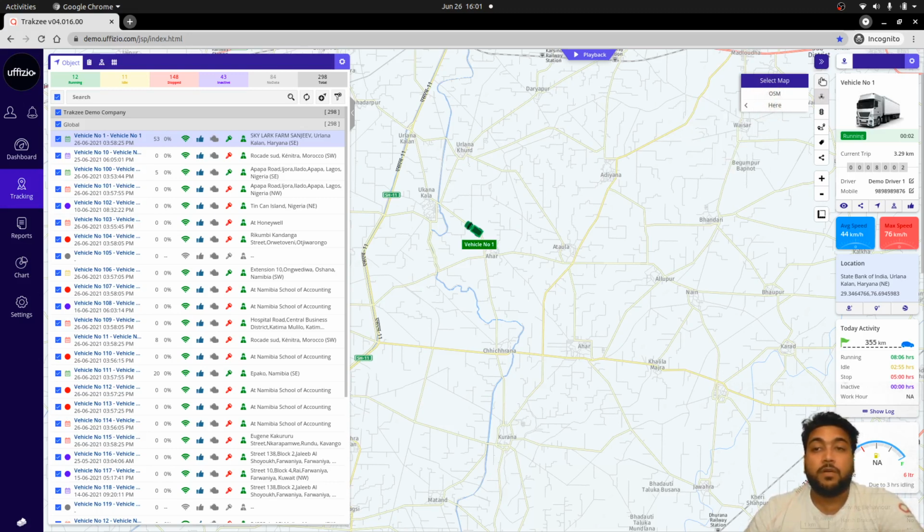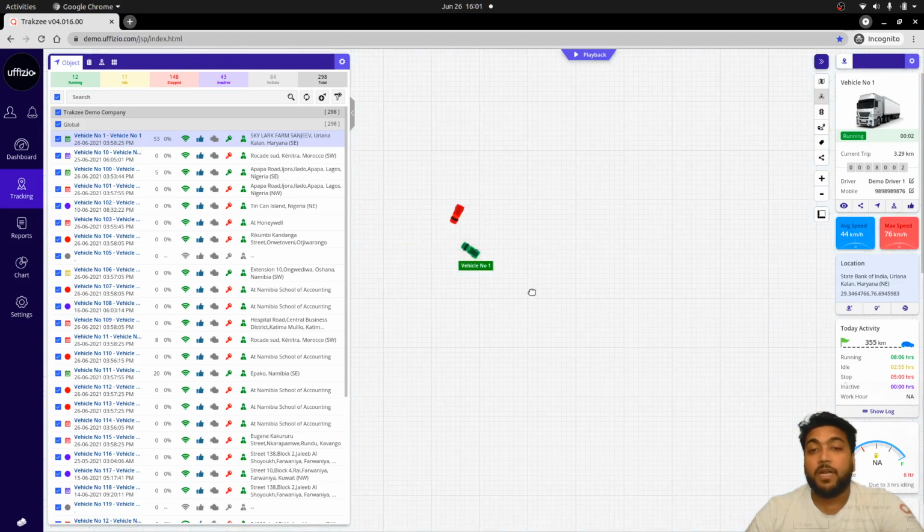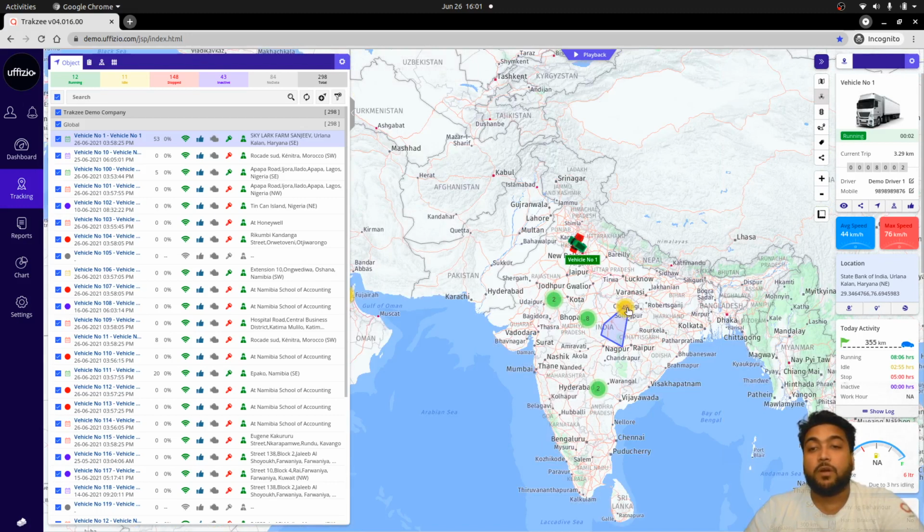Likewise, we have the show cluster option, which is helpful in case there are multiple objects in the area and you want to get the information based on cluster-wise. That is, if you have selected the cluster, then the number of the objects that are available in that area will be reflected. Let's check by removing the cluster for a clear vision. So here you can find the difference of the clusters and hide cluster. So you can use the cluster.